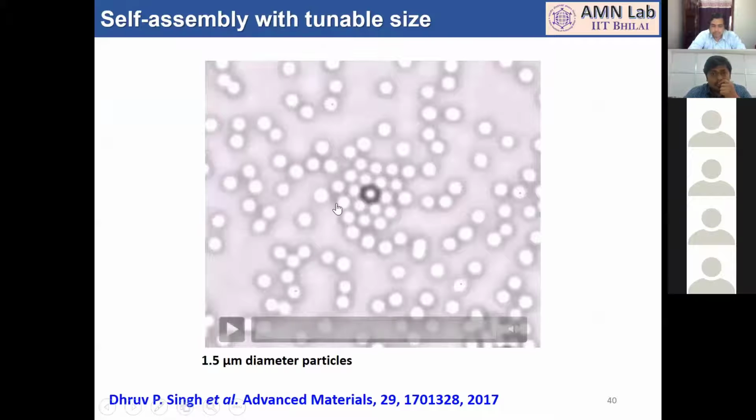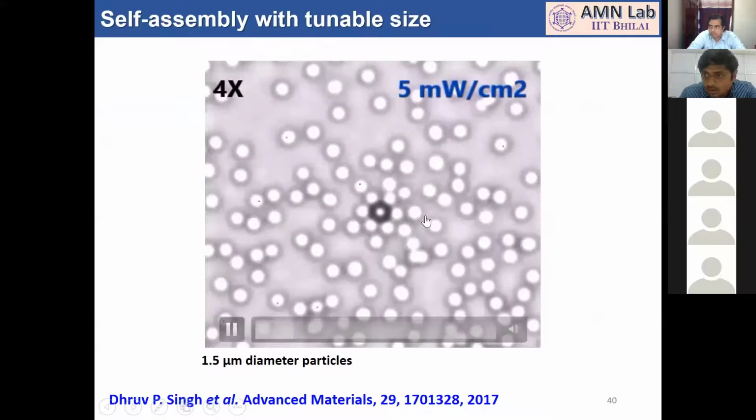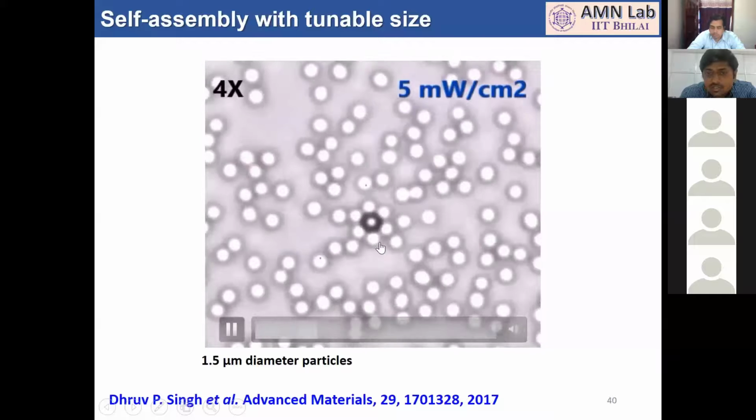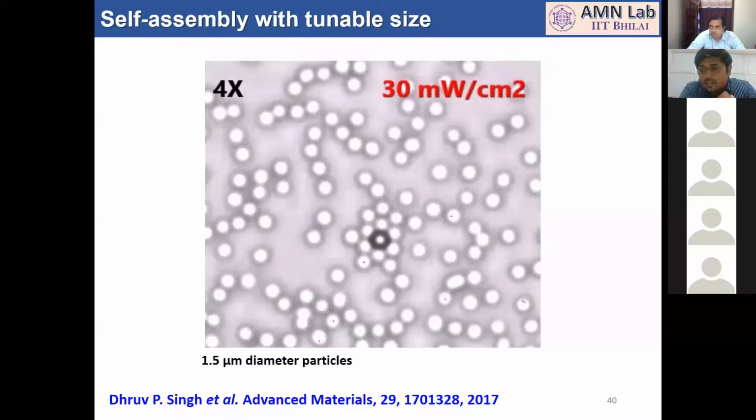Here I have a big structure. This is the hexagonal structure formed by two layers of particles around a single nanomotor. Right now, this is formed at high light intensity, so the interaction strength is high. Even in the second layer, particles can be trapped or get attached to the motor. If I reduce the light intensity, then I can chop the second layer off. Now only a single layer is left. If I increase the intensity again, then I get my second layer back.